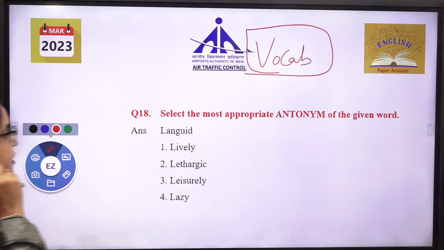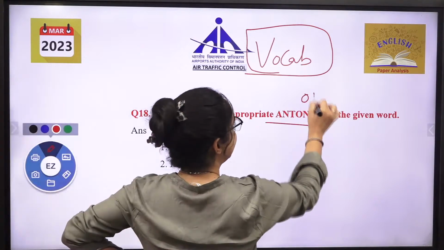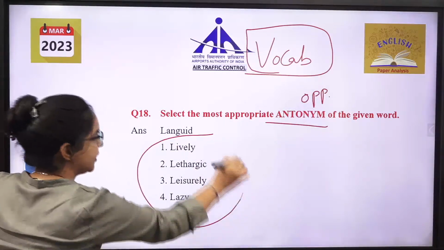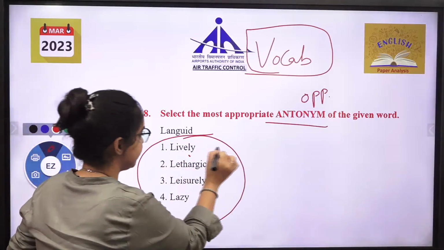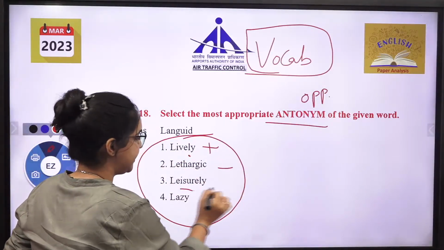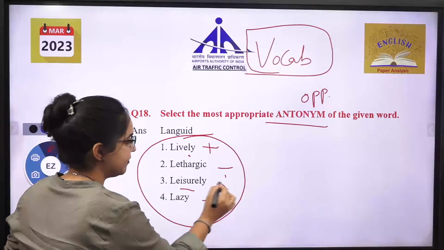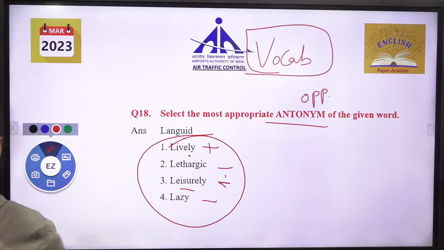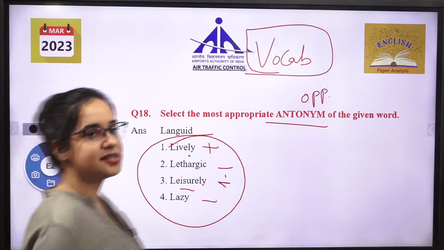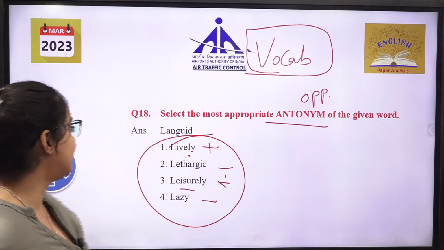Now tell me, select the most appropriate antonym. Opposite find करना है. Again I told you easy way to do it. Lively क्या है? पॉजिटिव, lethargic क्या है, नेगेटिव. Lazy नेगेटिव, इसको BC में आ जाओ, क्या वर्ड बचा, अगर नहीं भी आता था वर्ड. Now this is about decoding. क्या आएगा आंसर, easy, सबको, I solve it out for you.